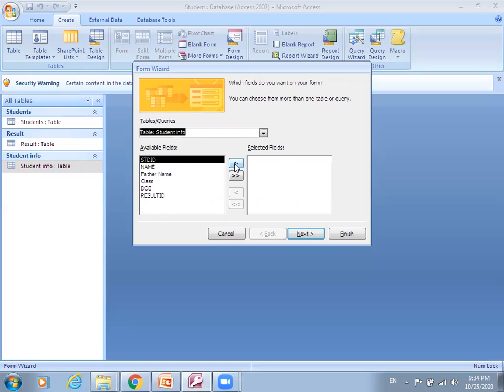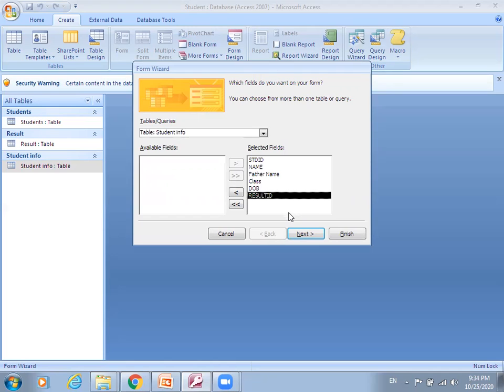By pressing this single angular bracket, you can select the columns one by one like this, and you can move back this, and you can select all the available fields by pressing these two angular brackets. Just press this button so all your fields are selected now.